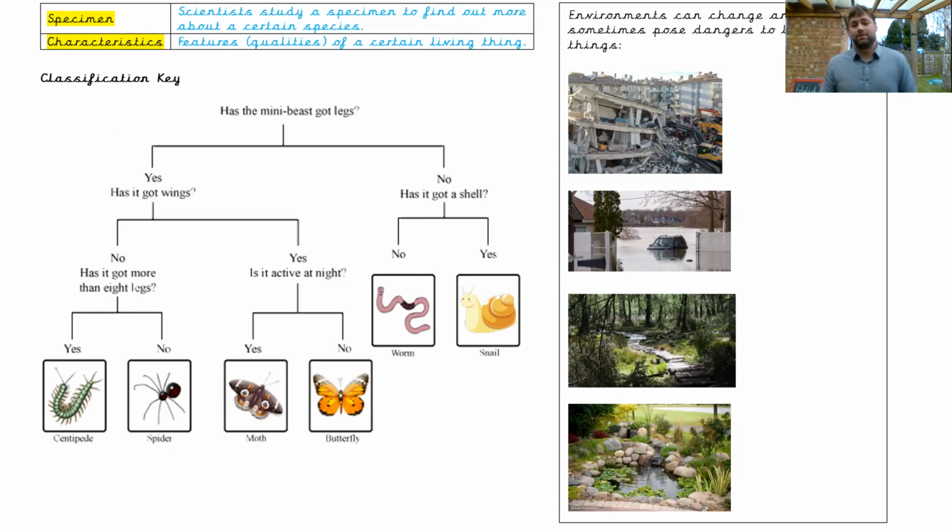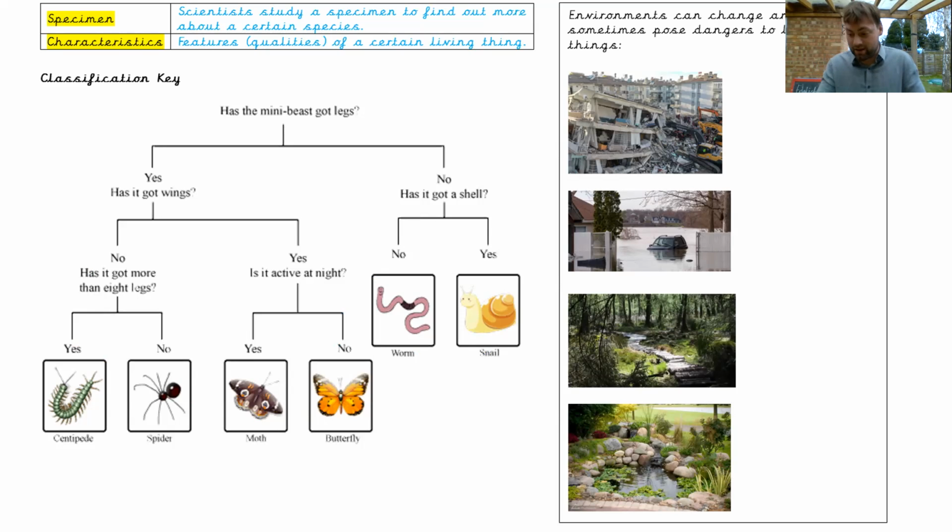And this is a flowchart, which basically you answer questions, and then by answering yes or no leads on to another question. And then as you answer the questions, it should help you whittle it down to where you've only got the species left. So if you have a look at this one, our first question, has the mini beast got legs? If it has, so what you would do, you would go out and pick up a mini beast,